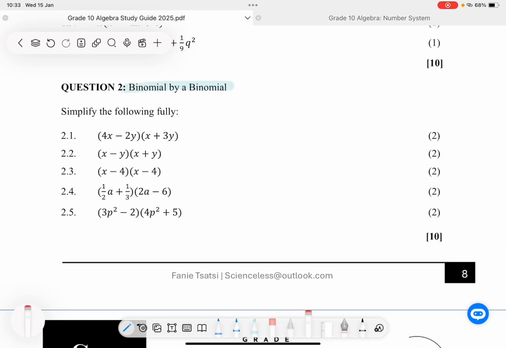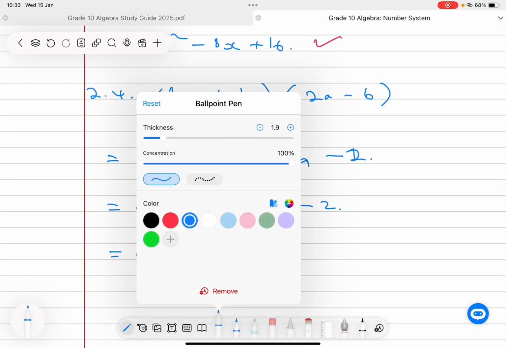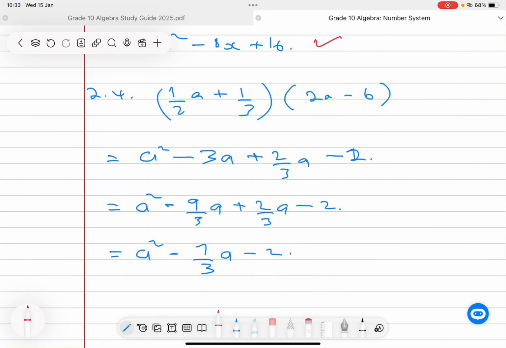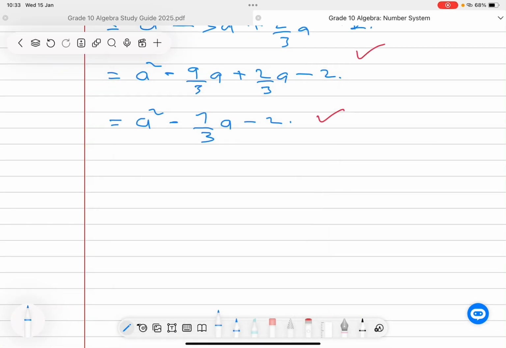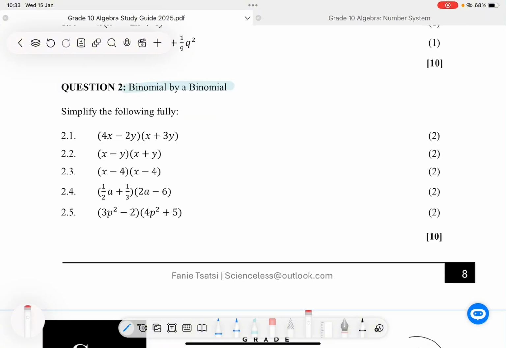Then let's do the last question, 2.5. Again, this would be worth 2 marks. They give you 1 mark for simplification and 1 mark for the final answer. So 2.5, we are given